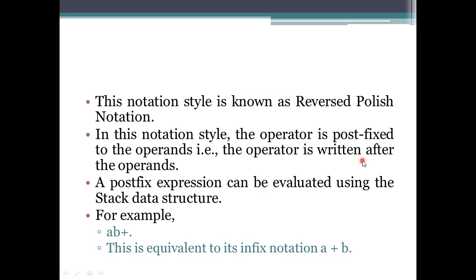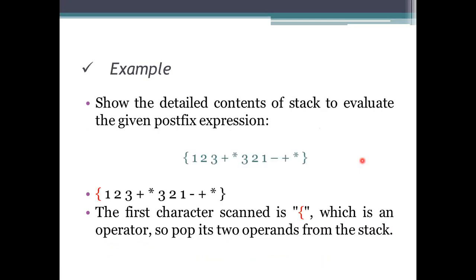If you see this example, AB plus, which has been represented as a postfix notation for A plus B, we read the elements, and if the element is an operand, just place that one first, and then if the second one is an operand, the operator we are using has to be attached after the operands.